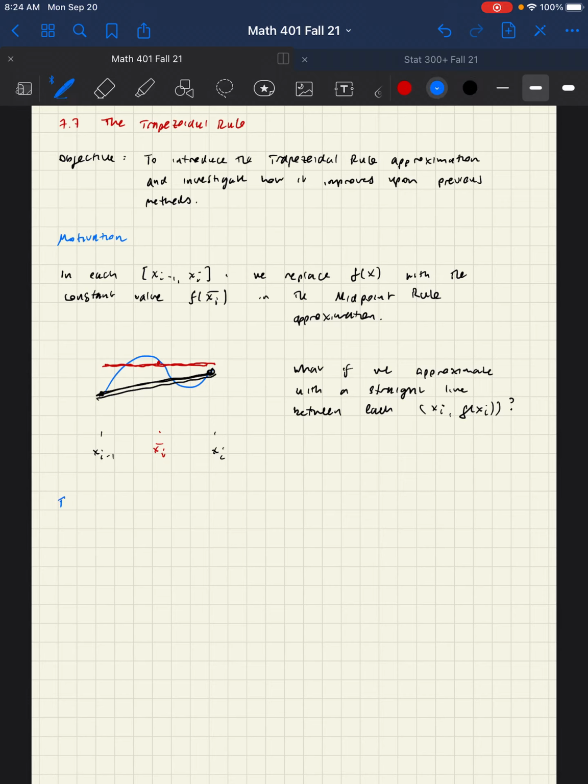So now let's get into the approximation. And it'll be clear in a second why it's called the trapezoidal rule. So we're going to fix the number of subdivisions, n, again. And for each subinterval, we're going to take a special geometric construction here. We're going to find the area